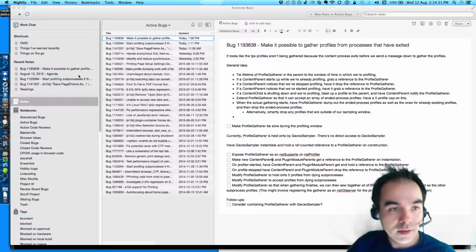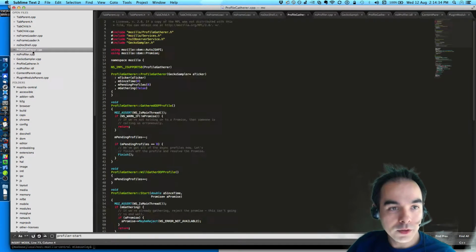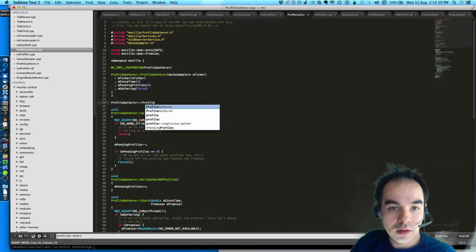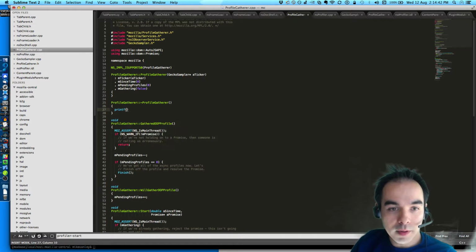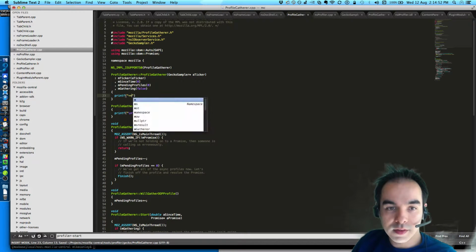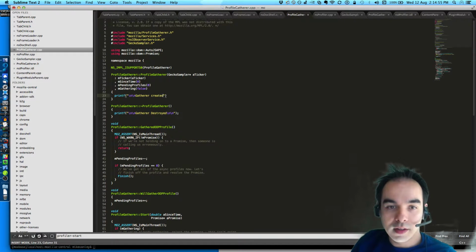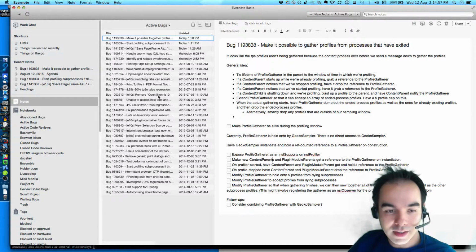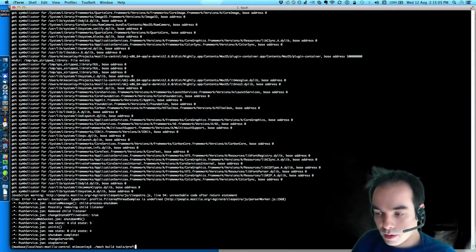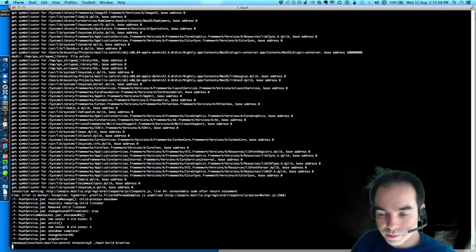So I'll add a destructor, and I'll log "gatherer destroyed" and "gatherer created". The reason I'm not going to use GDB or something is that gathering a profile in a debug build is very slow. So I'm not going to do that.